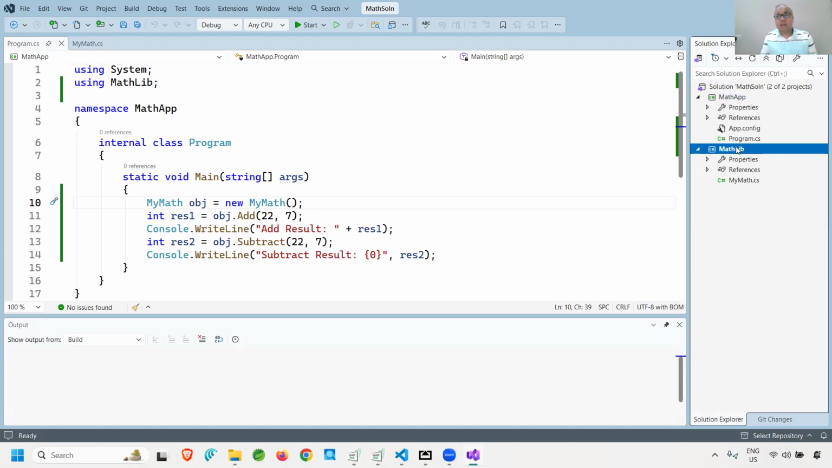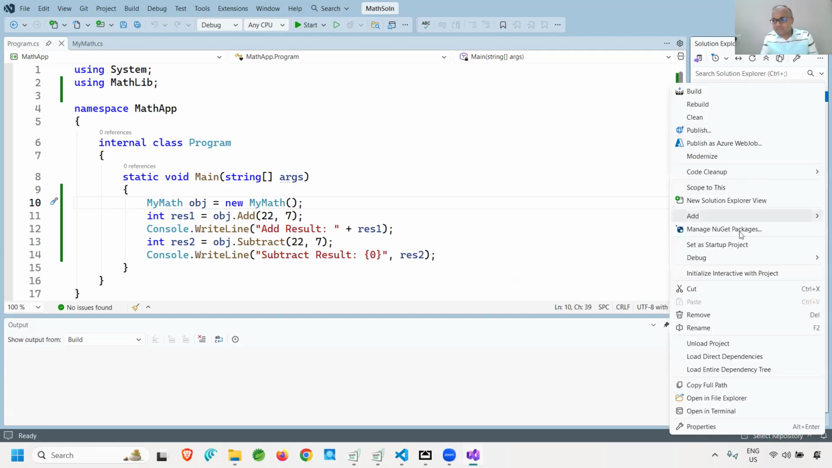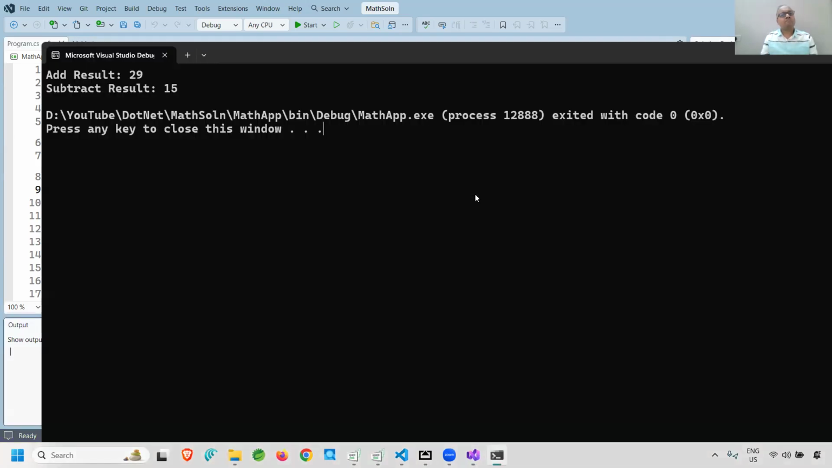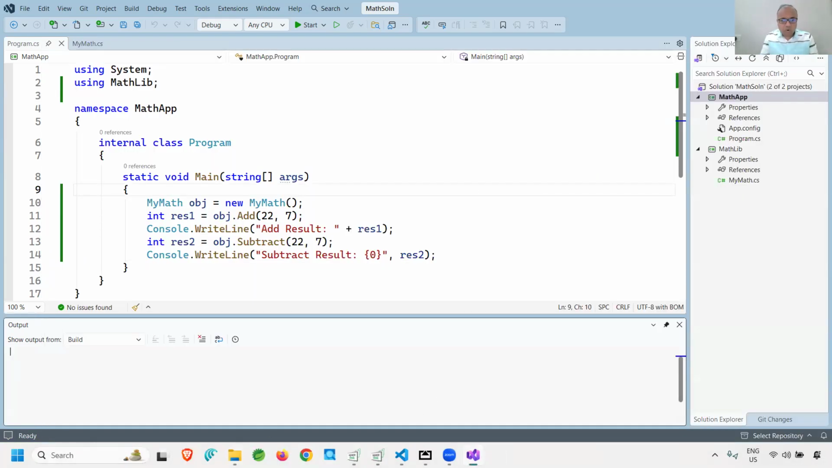be run. So what I need to do next, just right click onto this and set this as a startup project. Now my math app is a startup project. I can say Control F5 and you can run this. I guess that is wonderful. If you just take a look at this,